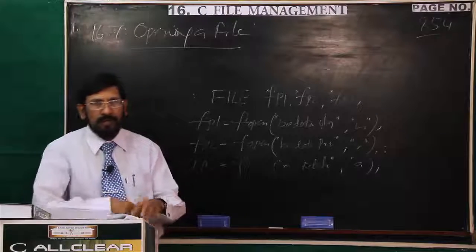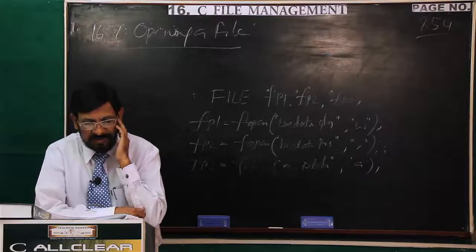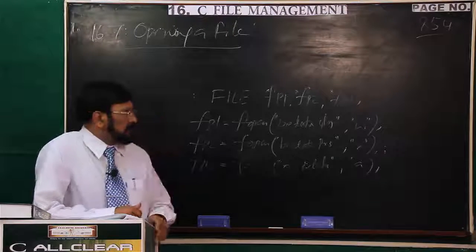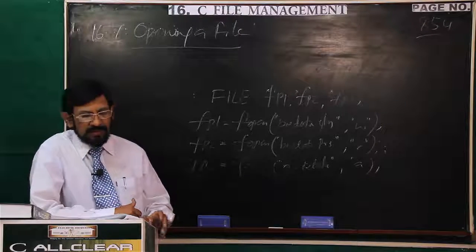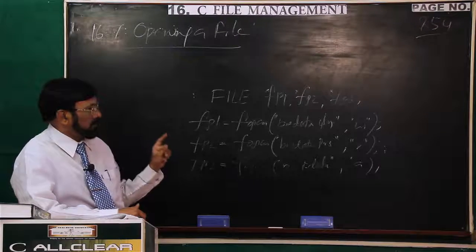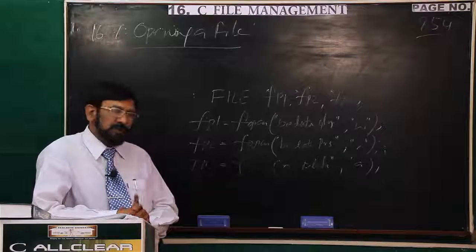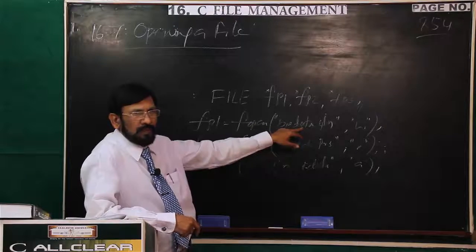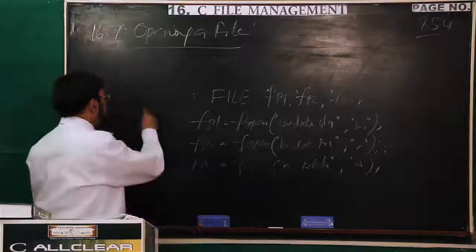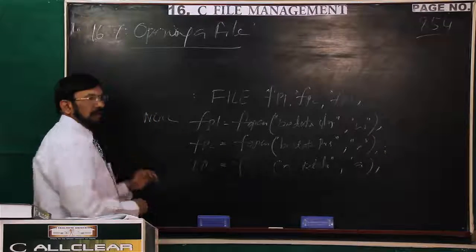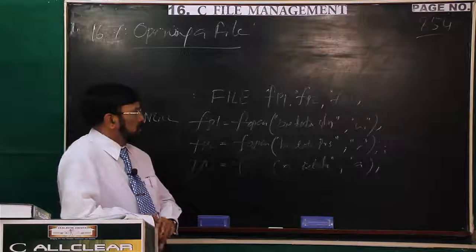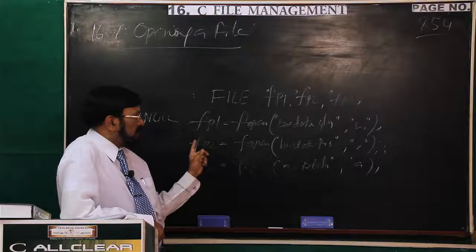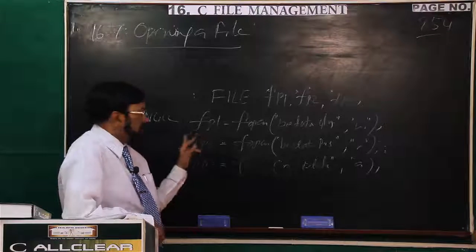And what are the functionalities of the fopen function? Whenever we call that, it searches for the file in the disk. If the file is not existing, then it returns NULL. So generally, whenever we perform file oriented operations, we first test whether that file is existing or not, and then we have to proceed. Then we have to write